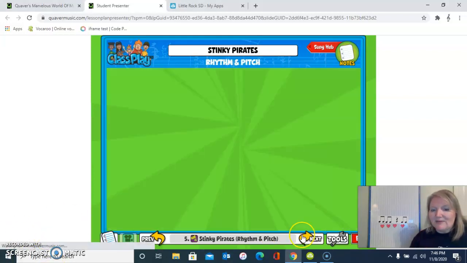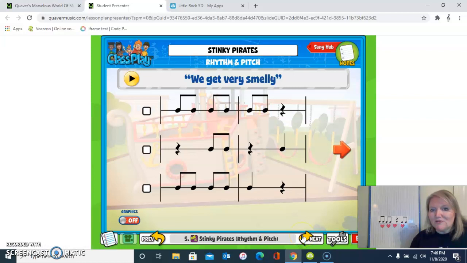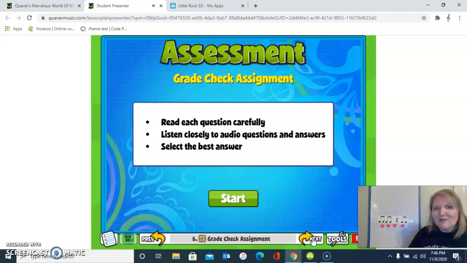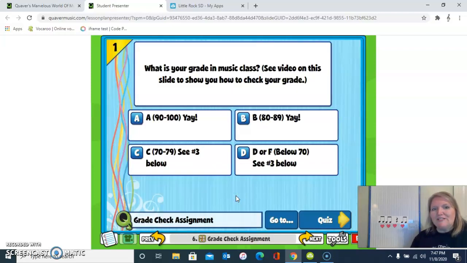So I'm going to go ahead and skip ahead. Here are those that we did last week, so you're welcome to do those again. But this is the main thing that you're going to turn in this week, our grade check assignment. So I'm going to put a video on here that shows you how to check your child's grade, or to check your own grade. But when you start right here, just like we do a quiz each week, it